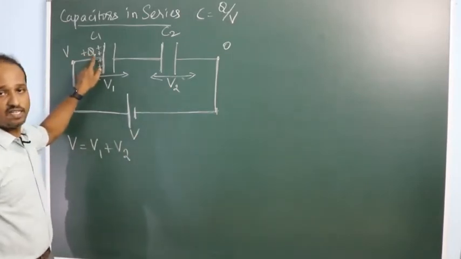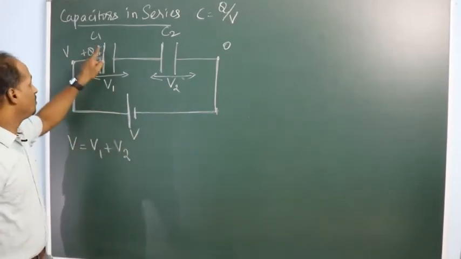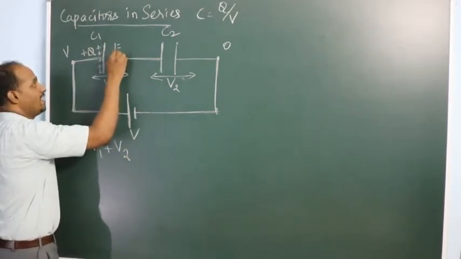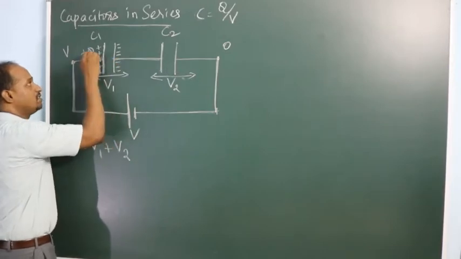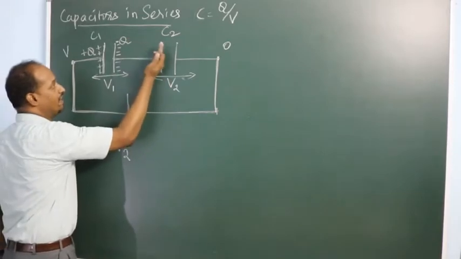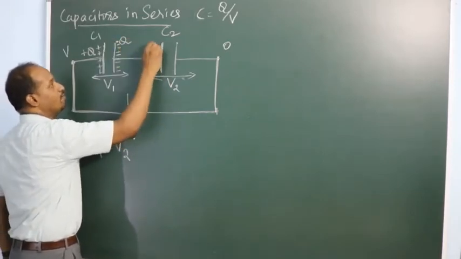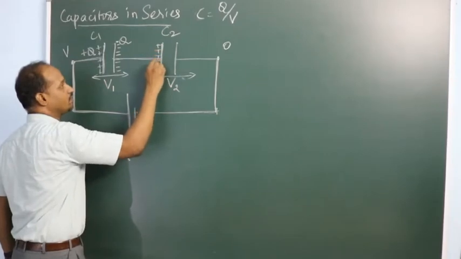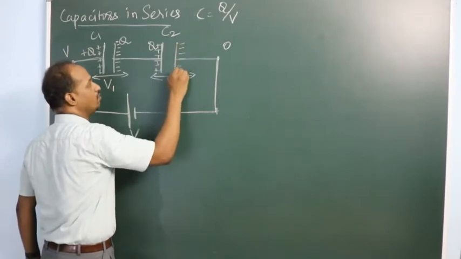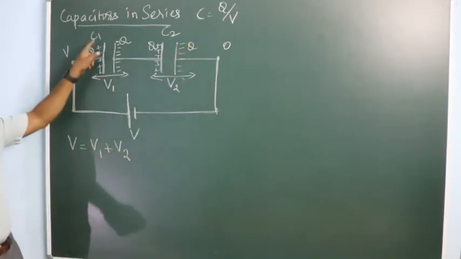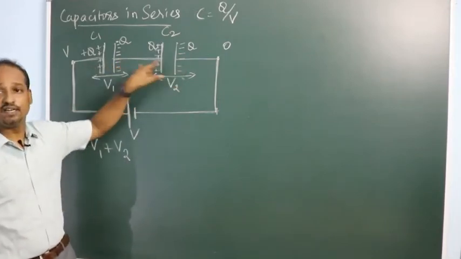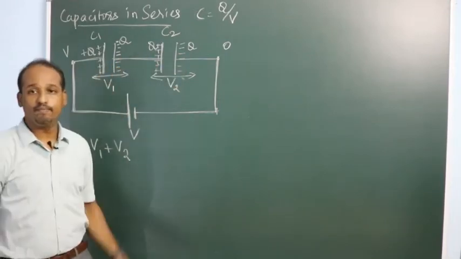This positive charge, because it is connected to the positive terminal, will try to attract all the negative charges on this plate to this side. Hence, in an ideal capacitor, all the negative charges, equal to this, will come over here, so it will be minus Q. Because from a neutral piece, if minus Q is coming to this side, then plus Q will be on the other side. When plus Q is over here, obviously minus Q will be built on this. So irrespective of the values of the capacitances, the charge on each capacitor connected in series will be the same.